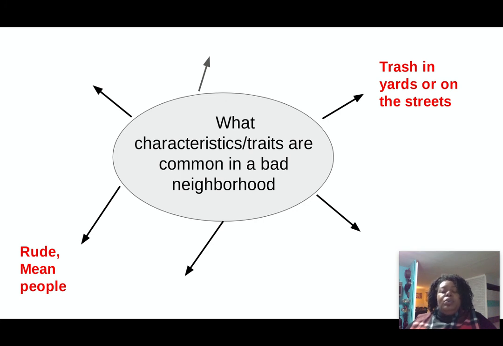Once you've done that, and everything is on the wall, then go ahead and select one of those ideas, one of those areas of bad characteristic or trait of a neighborhood. Go ahead and select one of those. Go ahead and go onto mymap.com, and we've done this many times before, and start working on your personal mind map. That's what I would like for you to do next, your personal mind map. Because remember, you're going to need to have two mind maps on your PMP. The first one for the group, and then the second one for your individual.